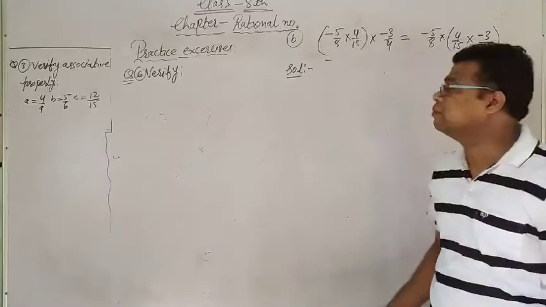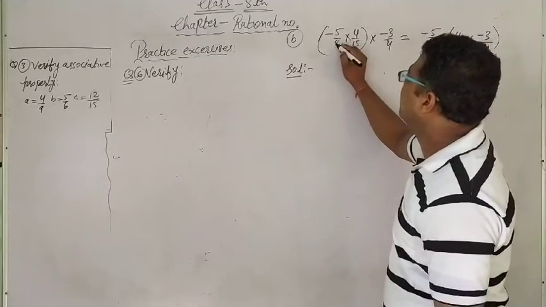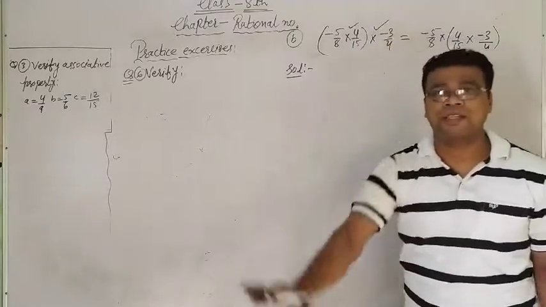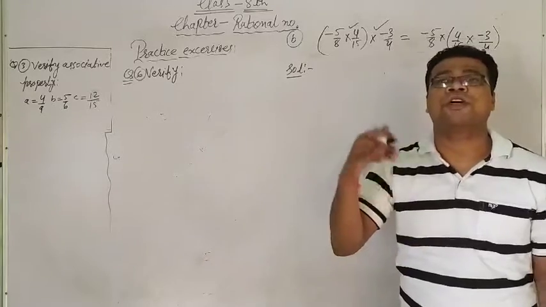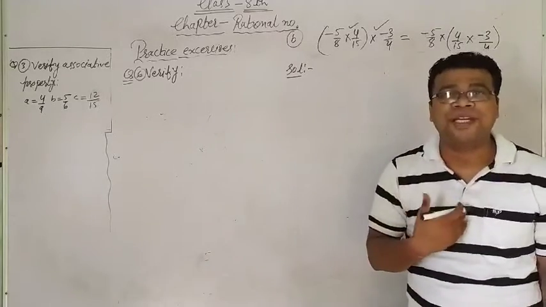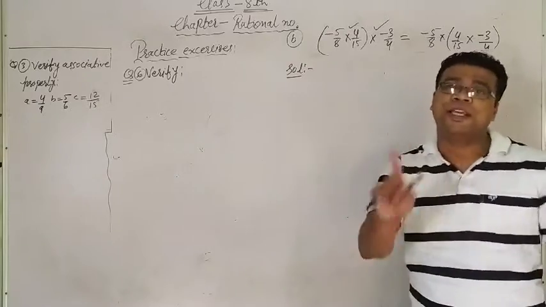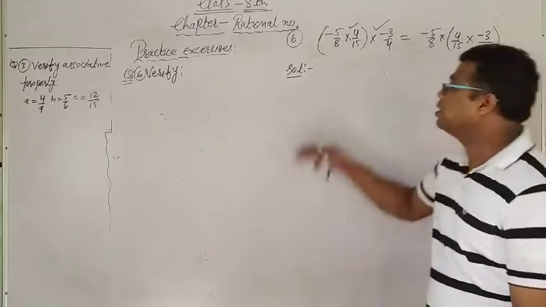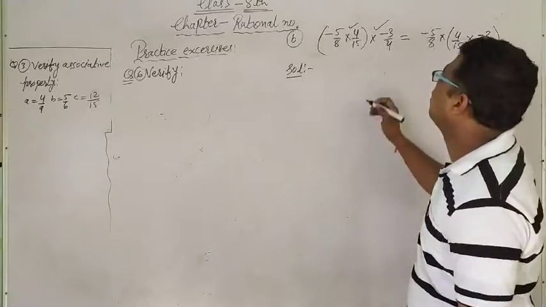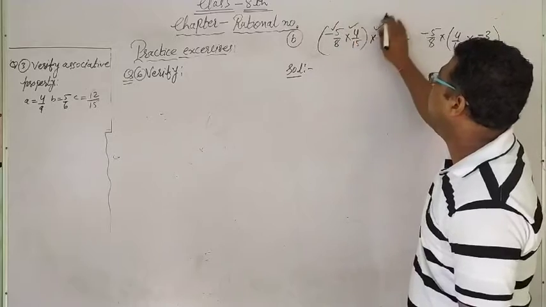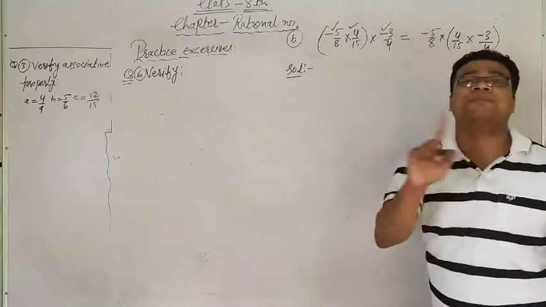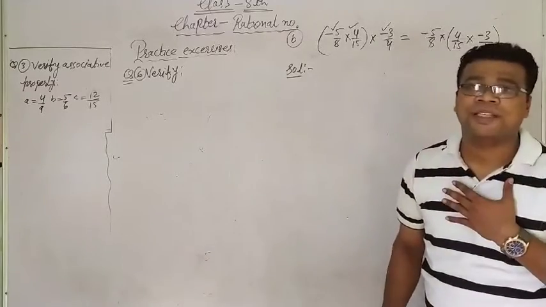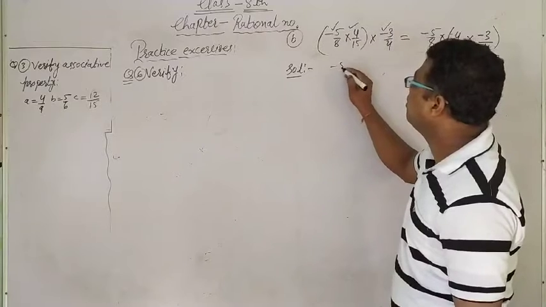Why not? See here. This is the left hand side and it is showing the into. Means tension is not there. No need to go for the LCM, because when we take the LCM, a minus sign or a plus sign may be there in between the fractions. So this is the into, directly solve. Minus 1 minus sign, 1 minus sign, minus minus, plus. Directly we can assume minus minus they are making plus.